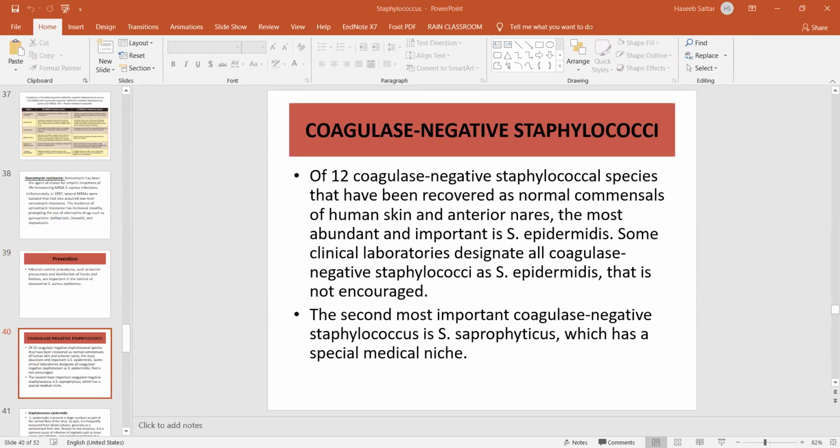So next we have coagulase negative Staphylococci. As I told you, Staphylococcus aureus is actually coagulase positive, but we also have coagulase negative Staphylococci. There are two Staphylococci which are coagulase negative, although we also have others, but clinically there are two. One is Staphylococcus epidermidis and one is Staphylococcus